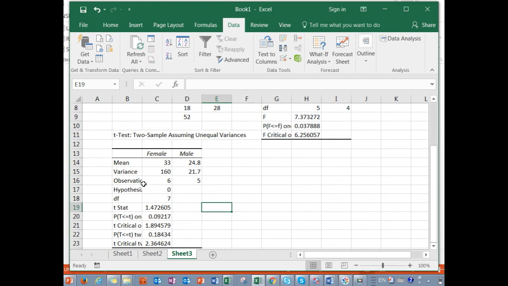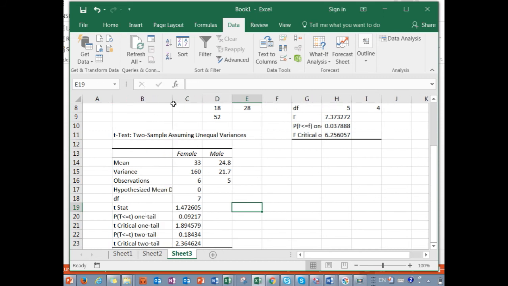mean, variances, observations 6 and 5, and we did not go for any hypothesized mean. Now df is just degrees of freedom. At the moment, let us not discuss that for ease of understanding. Perhaps we can discuss it later on, but since it works it out itself, you don't need to really care about that. What we are interested in is to look at this value, the probability value, that is the p-value of the two-tailed test,